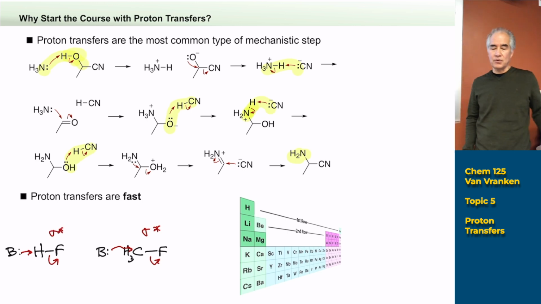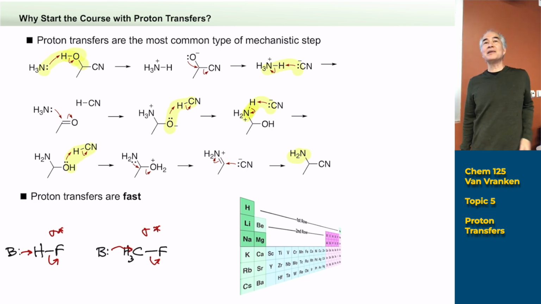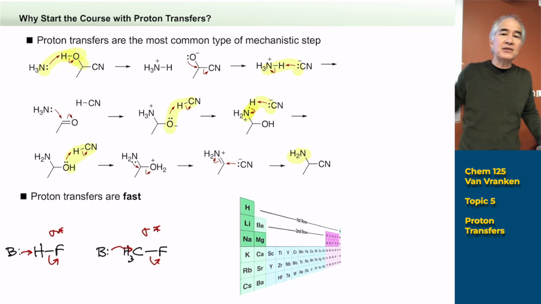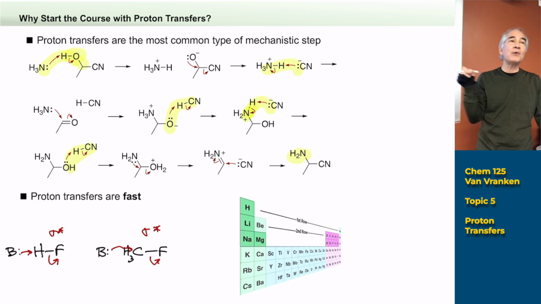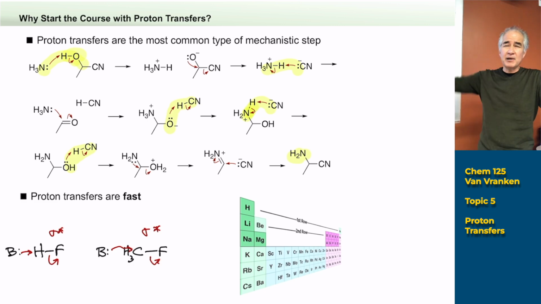I want to remind you that the hydrogen atom is a first row atom. It is light. There's no lighter atom than a hydrogen atom. That means it vibrates very quickly. And if it vibrates very quickly, just look at an IR spectrum, the vibration rate is massively faster than a carbon-fluorine bond. Because it vibrates faster, it's easier to break. So hydrogen,